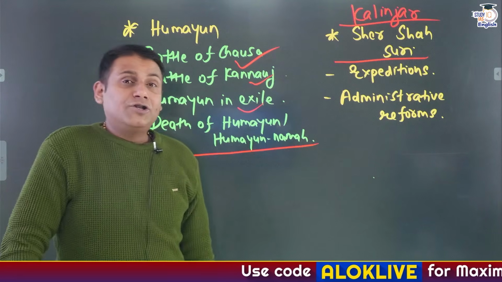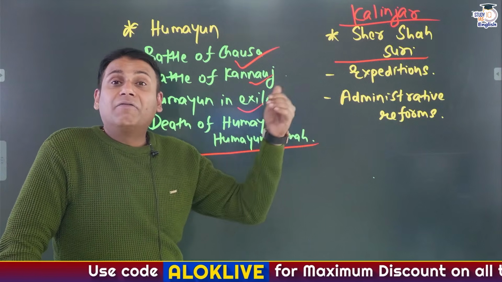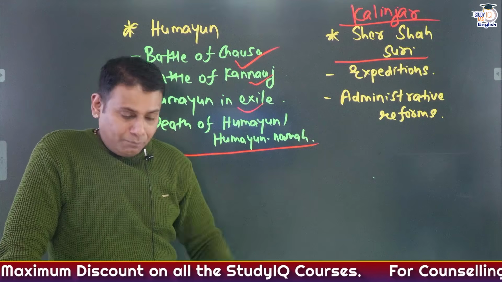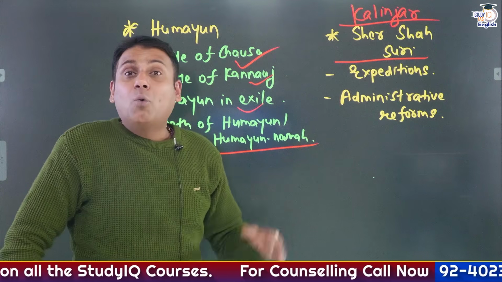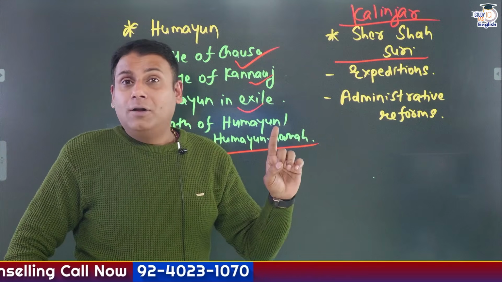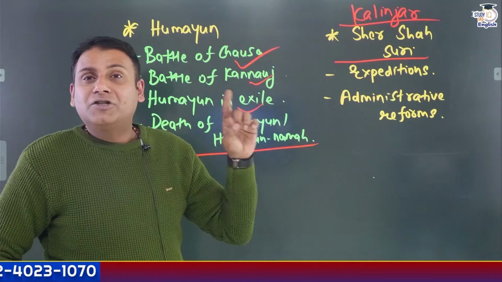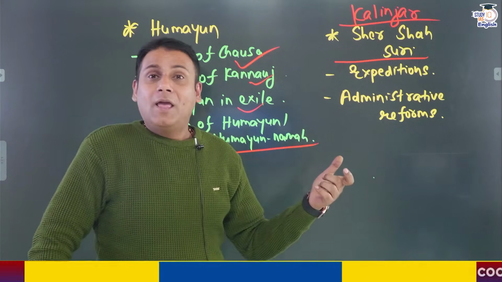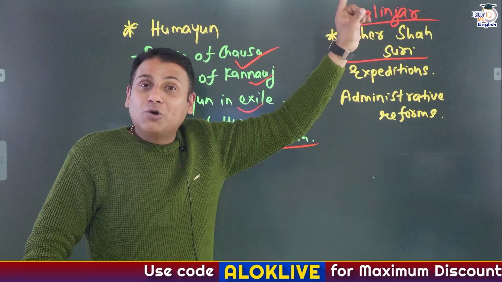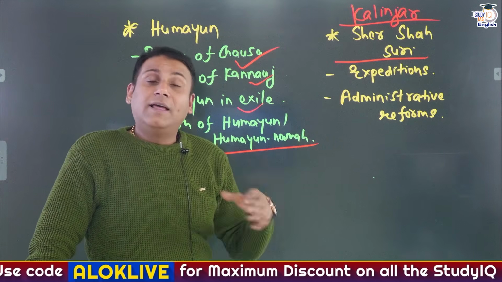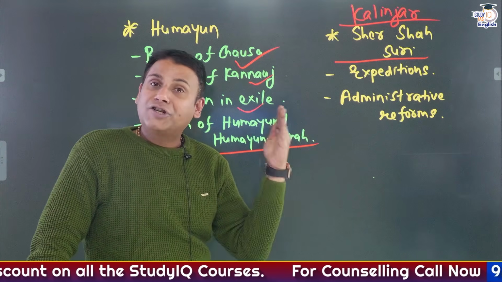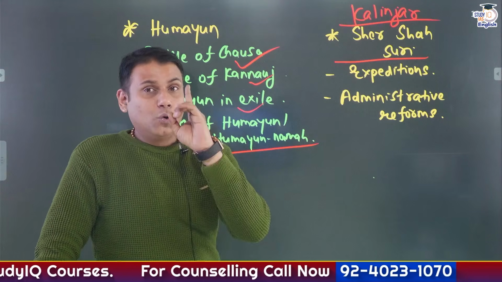Sher Shah Suri had come up with different administrative reforms as well. Specifically, the peasants would not be taxed on the basis of the quantity of land they held. The peasants would be taxed on the basis of what? On the basis of production, on the basis of the quality of the soil. And the same thing was adopted in the coming years by the British as a part of the Ryotwari system. In fact, there is a statement that the genesis of the Ryotwari system goes back to the reforms of Sher Shah Suri. Yes, that's true. So go through that.